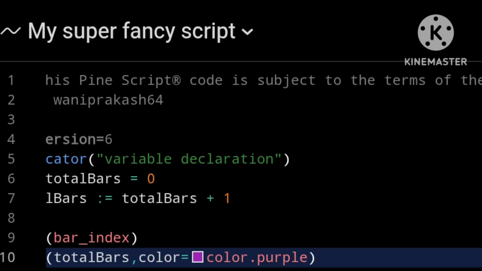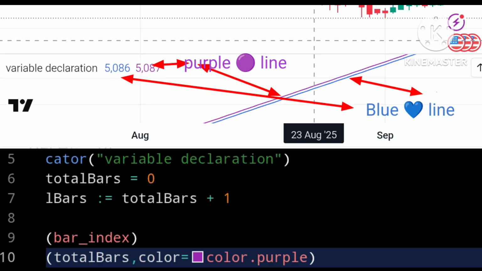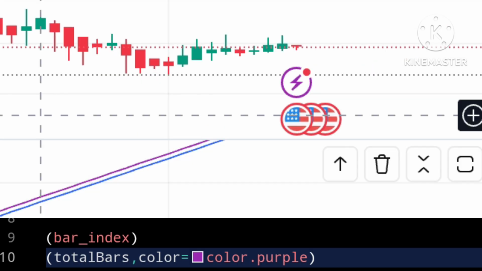So in our script's case, let us plot total bars with a color purple and save the script. Now we will get two lines drawing offset by 1. So if I hover my mouse over this very first bar, you can see that our script says that this is bar number 1, whereas bar index says it is bar number 0.